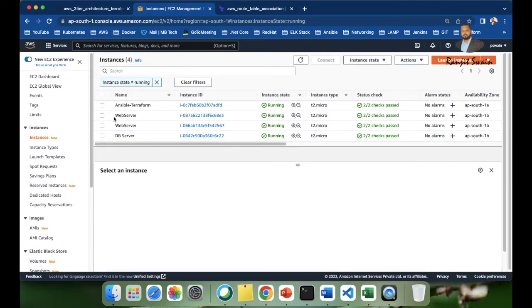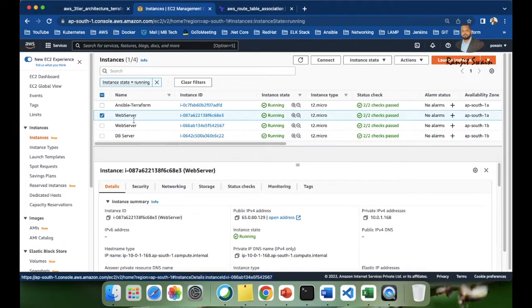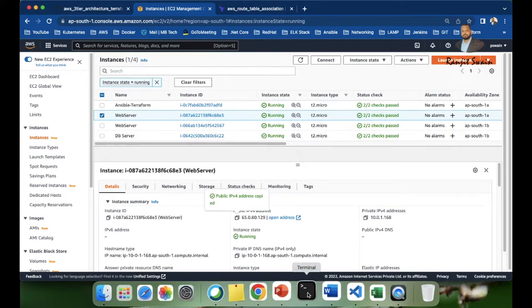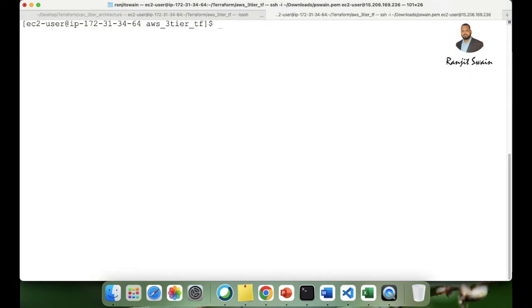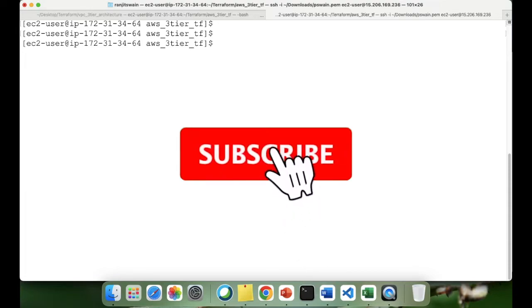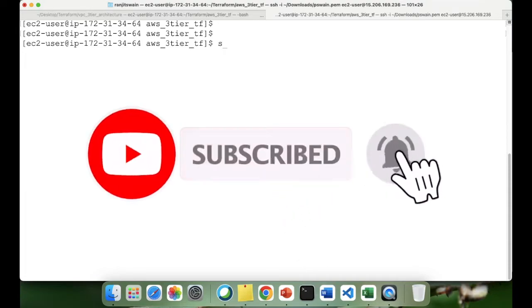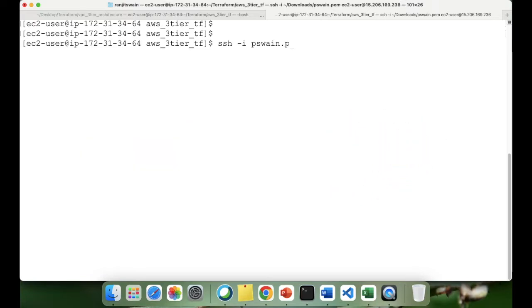Now let's go ahead and connect to any one of the servers and see whether we are able to connect or not, or whether the internet traffic is passing through or not. Let's clear the screen. Okay, so we have the certificate key available here in this directory. So let me use ssh -i certificate, and